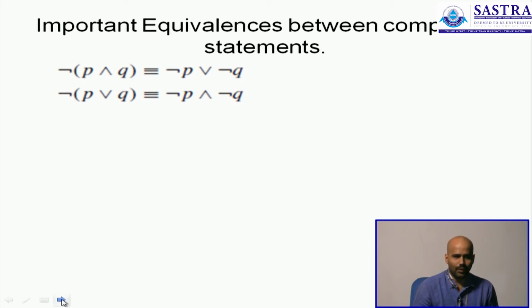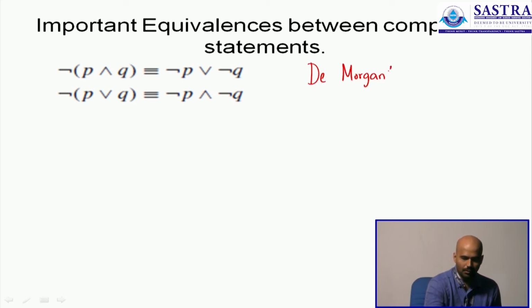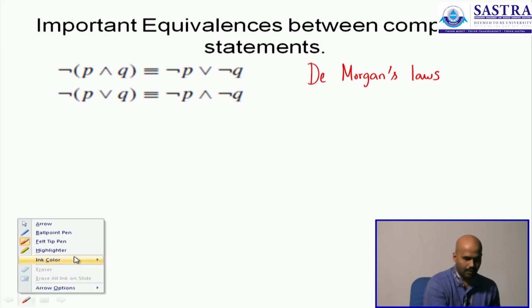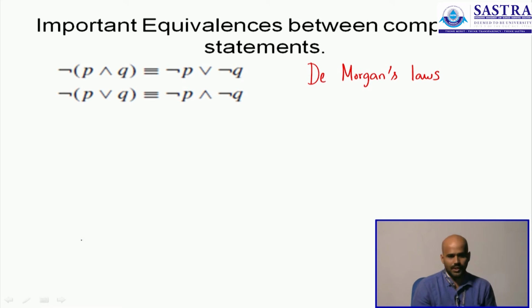and this is quite familiar to people who have learned the idea behind set theory. This is what you refer to as the De Morgan's laws. In elementary set theory there are a couple of laws known as De Morgan's laws, and what we understand is the same kind of understanding you can extend also to the idea of logic.